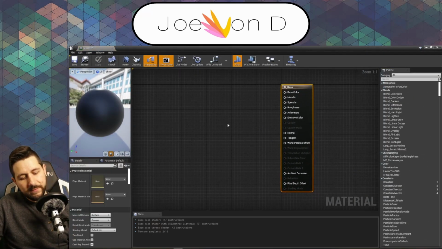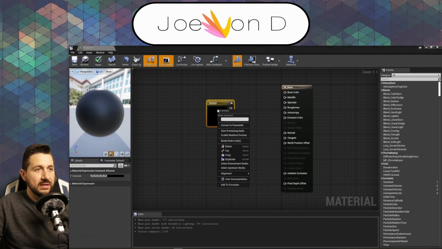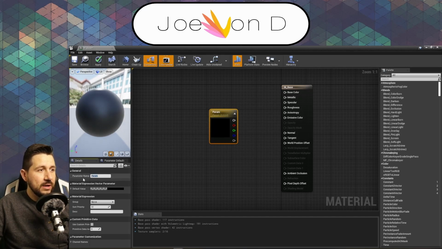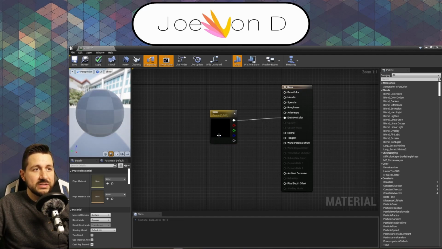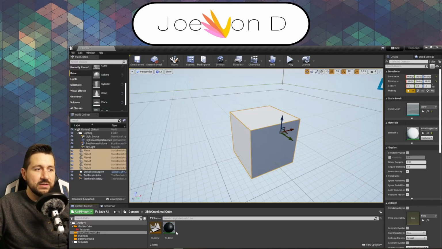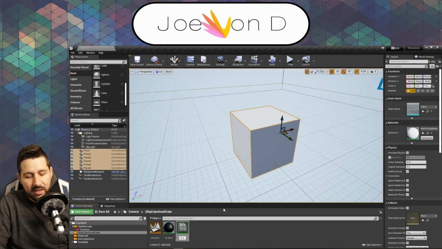We're gonna hold 4, left click, right click on that, and convert it to a parameter. So we had a vector 4, and now we can just call this color. Plug the color into the emissive, and that's it. I think that's it. Exit out of here, we're gonna right click and create a material instance, call it MI